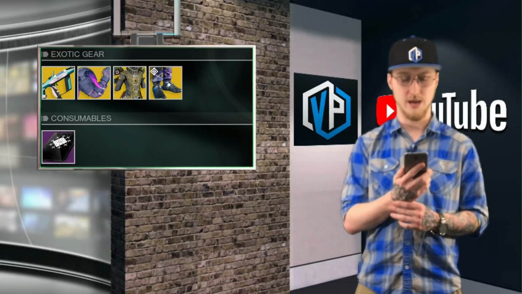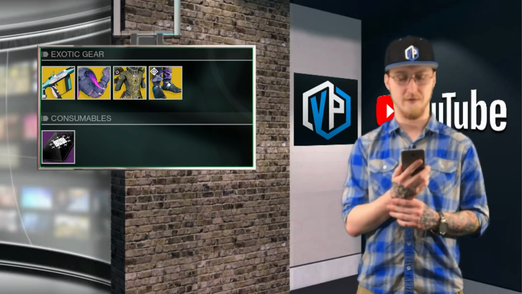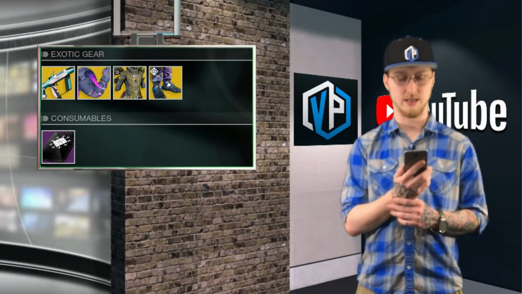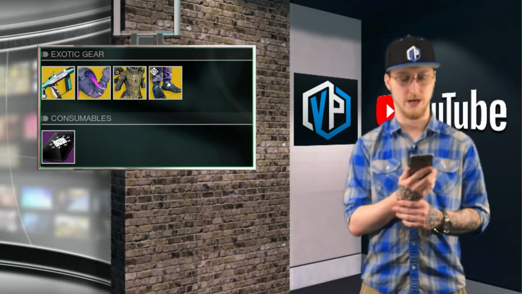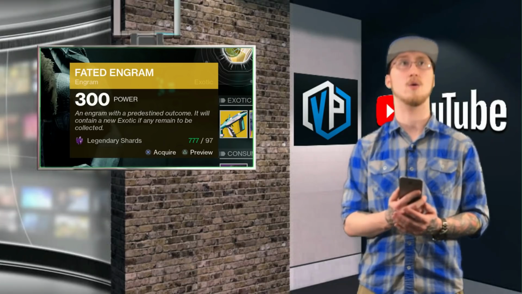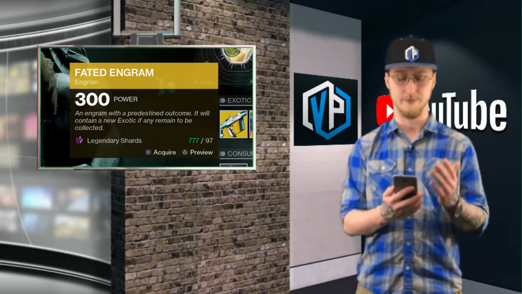Every week, you will be able to acquire one of the new Fated Engrams using legendary shards that will decrypt as exotics that aren't already in your collection. So if there's anyone out there that has bad RNG, well, we've just increased that RNG chance. You're going to get an exotic every single weekend that is going to guarantee you something you don't have. Unless you have all the exotics, then I have no idea what the point of this engram is, but so